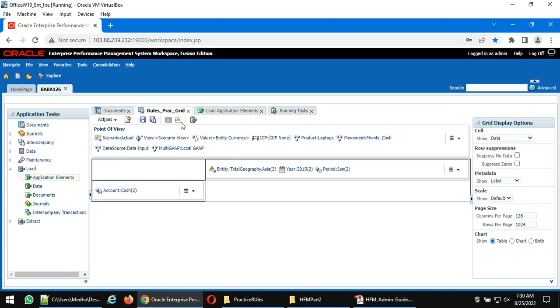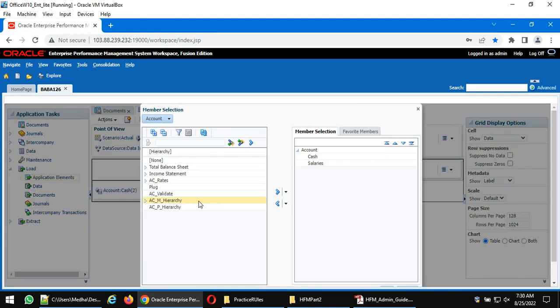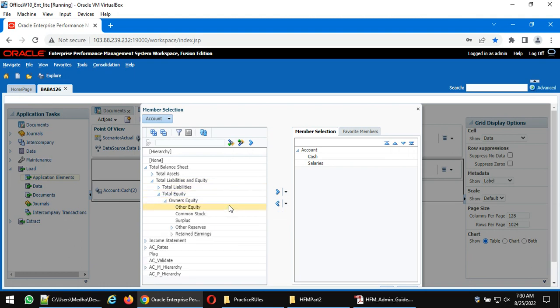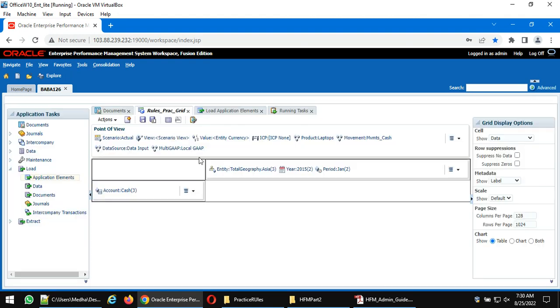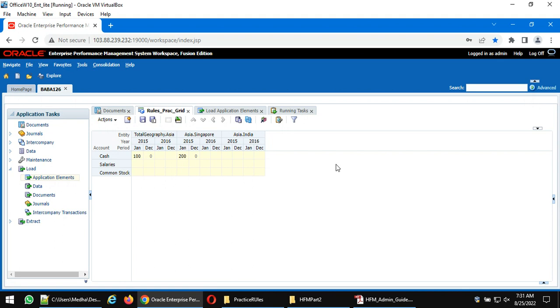Okay, go to account. Here I'll take an account called total liabilities and equity. So total equity, owner's equity, common stock, right? Yes, I'm taking common stock also. Why? Because common stock is not a liability. You have to calculate at the third rate. So we'll see. So here,